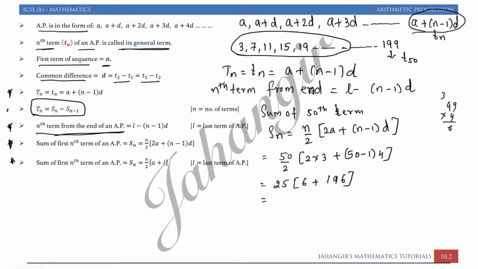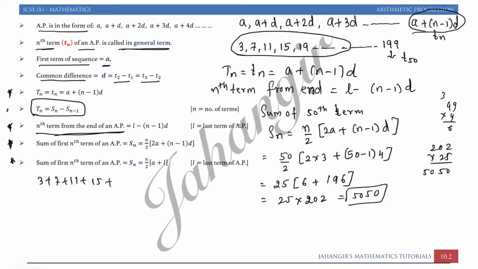We will just add up 25 into 202. So 202 into 25. 25 2s are 50. Answer is 5050. So addition of all these numbers, just like 3 plus 7 plus 11 plus 15 plus 19